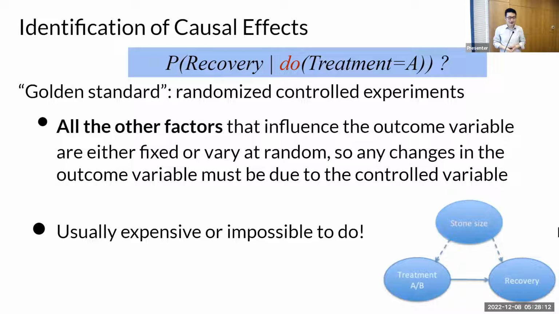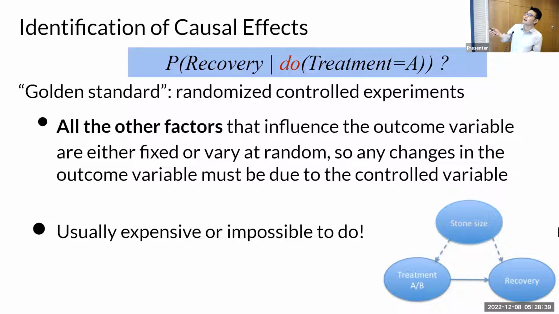The first problem we want to solve is identification of causal effects. Now, this part is kind of mathematical. Essentially, you want to find this probability, the probability of recovery given the treatment, or given different values of treatment. So this is the very general way to measure causal effect. Of course, as I just mentioned, you may want to find expectation or some other features of this conditional probability.